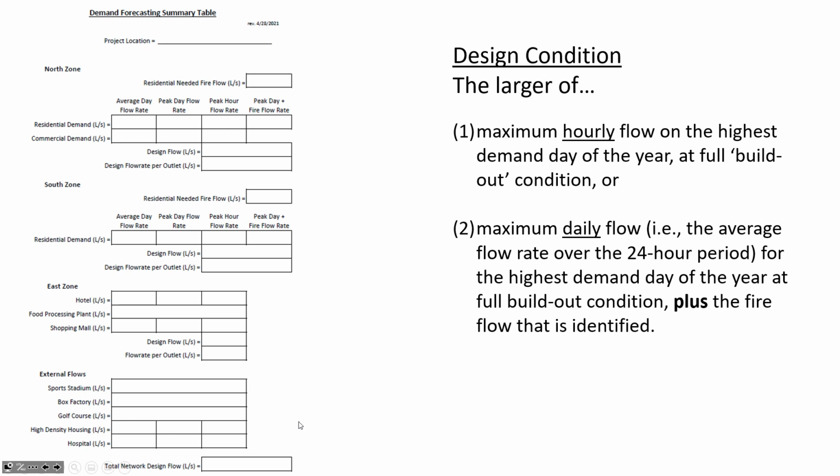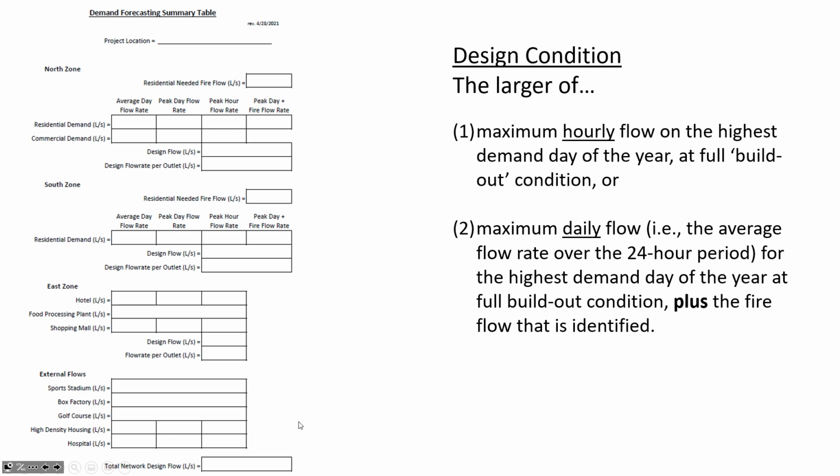So here for the hotel, you know the number of guests. So you'll have to ask yourself how water demands for people in a hotel are different from water demands in a house. The food processing plant, it says here it's mg per week. Mg means million gallons. So you're going to have to do a little bit of a units conversion there, because I'm telling you, for instance, that at this food processing plant in Sacramento, they're using 5 million gallons of water per week. So you need to convert that to liters per second, because on the summary table, everything should be expressed in liters per second.